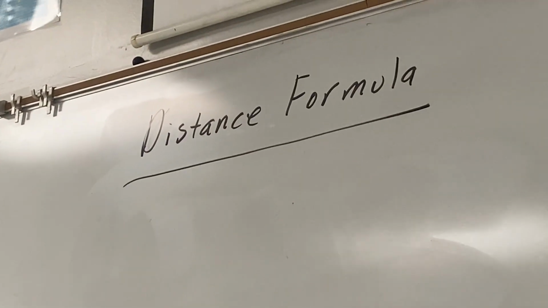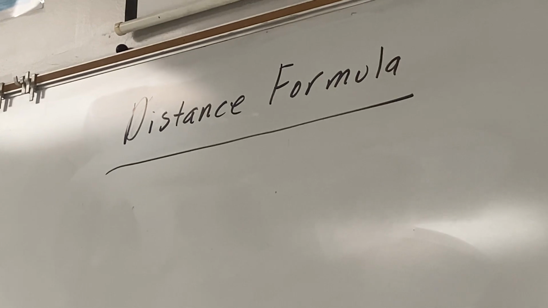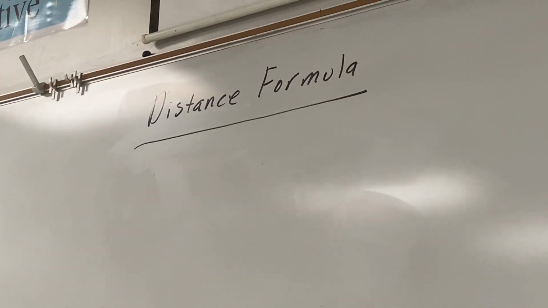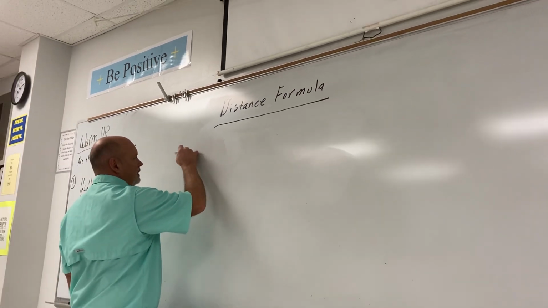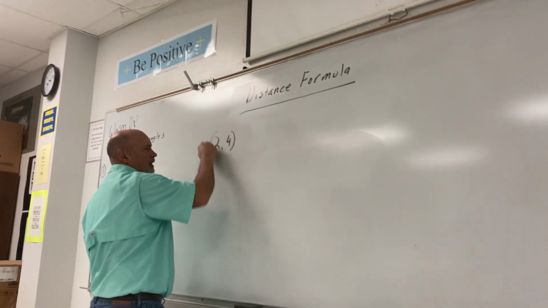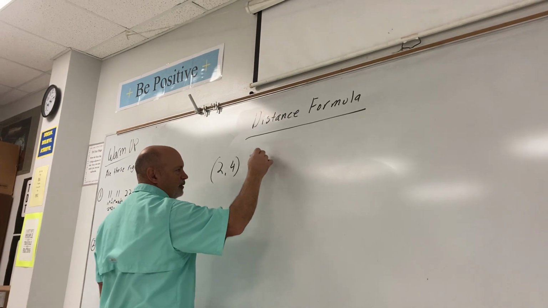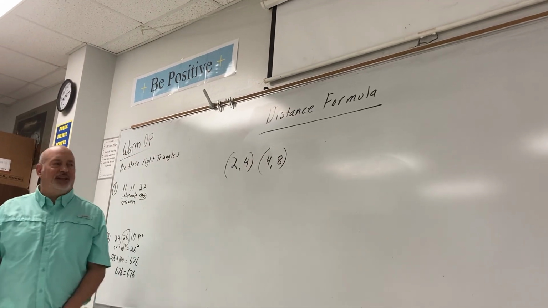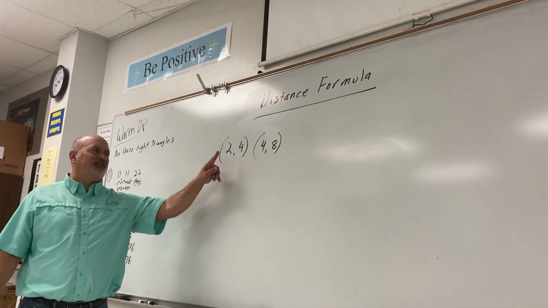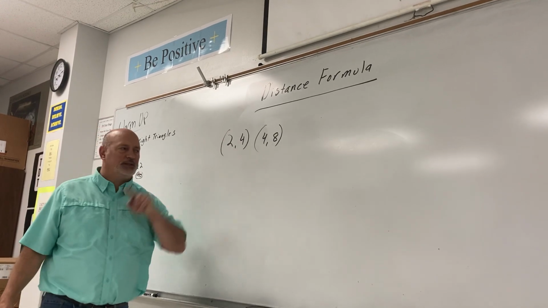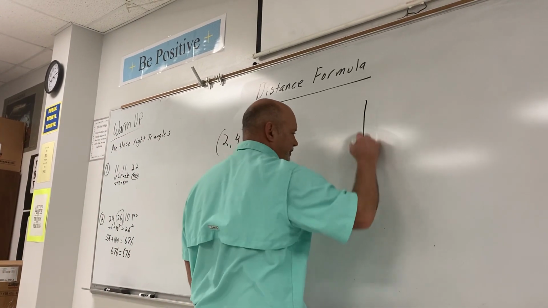All right, so today they're going to give us 2 points. Let's just make up 2 points: (2, 4) and (4, 8). We'll make it easy. And they're going to ask me to find the distance from this point to this point. Now, if we took a look at the graph,